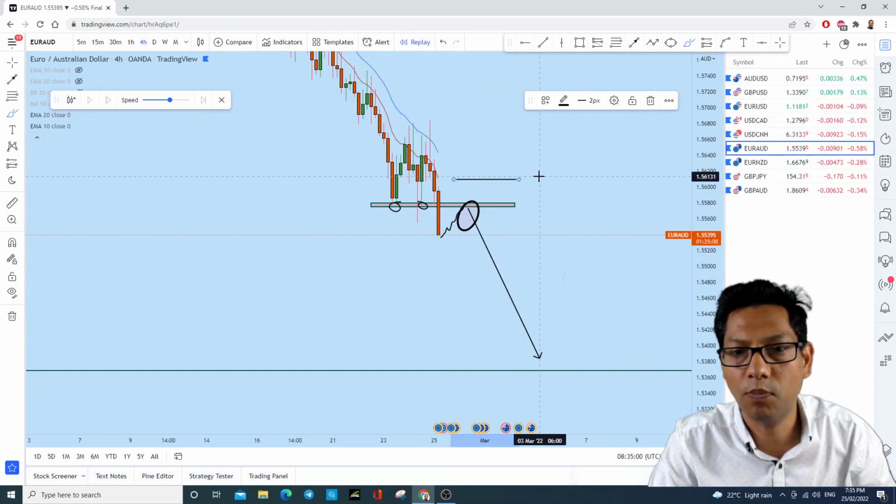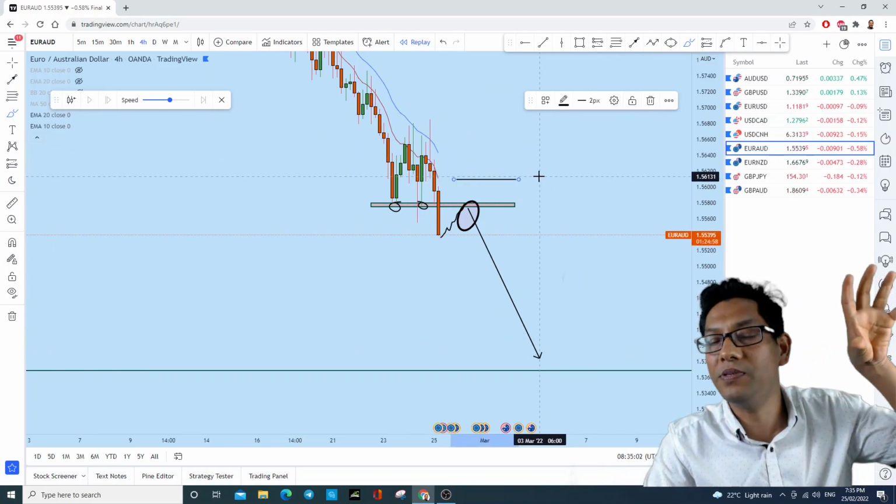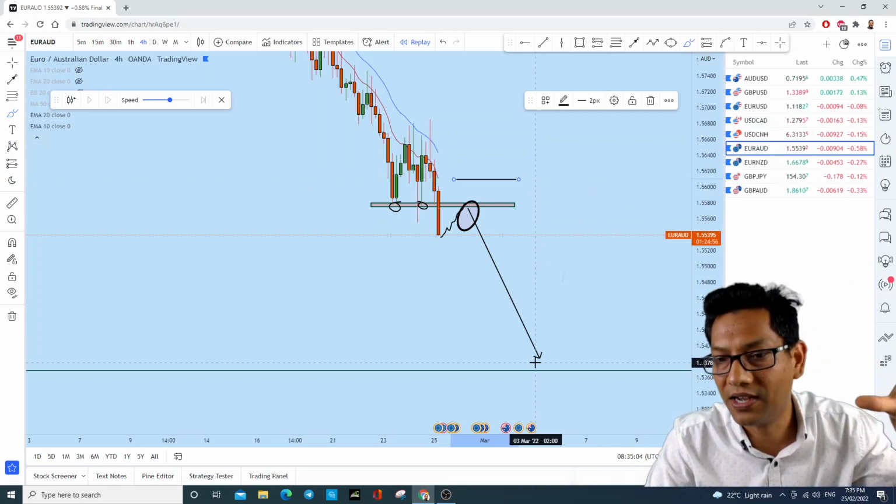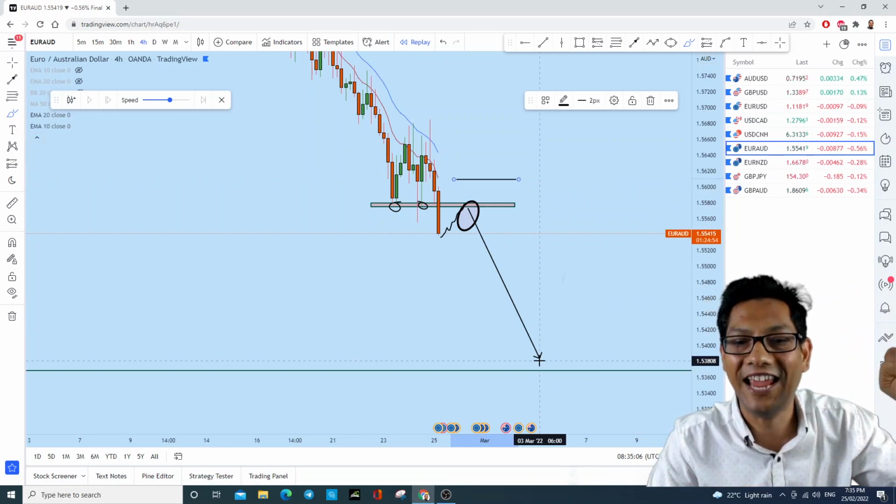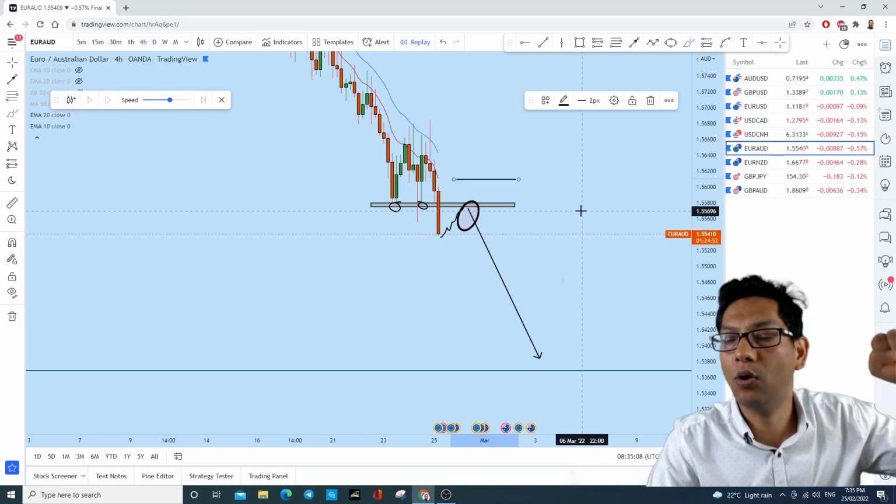Let's say stop loss around 1.5613, take profit should be at least 1.5378, entry should be around